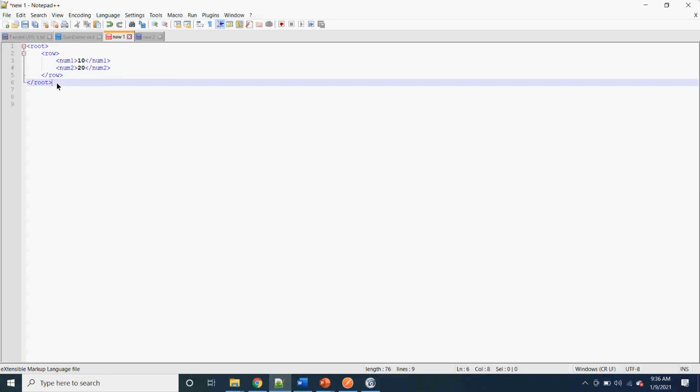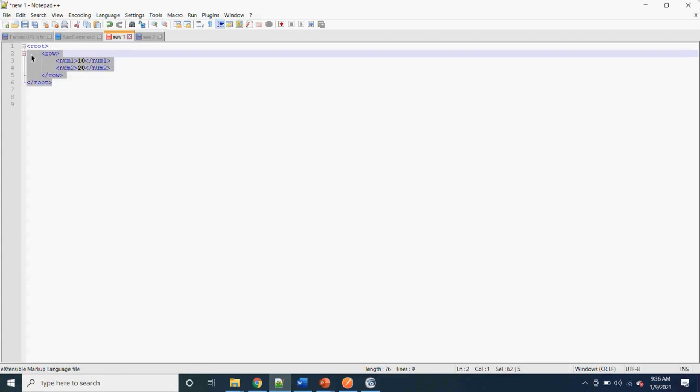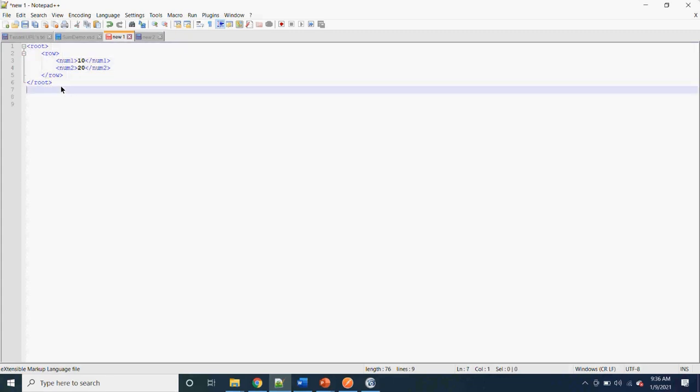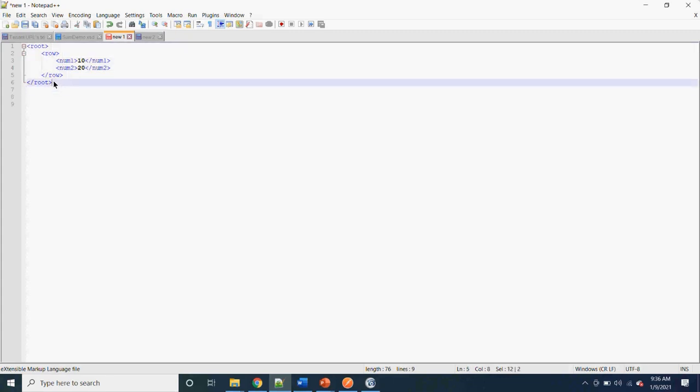So from where did you open this XML file? No, I have created this XML file by myself. Okay, so this will be our sample payload or a sample message that we would send to CPI. Okay, so whenever we build an interface, we need to have a sample payload so we can use it inside the interface.